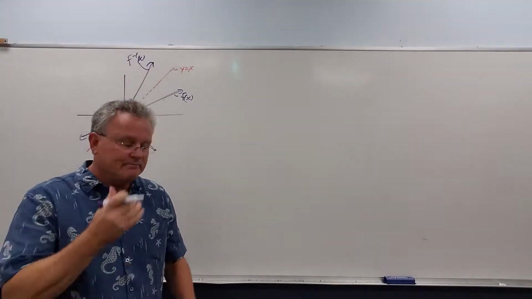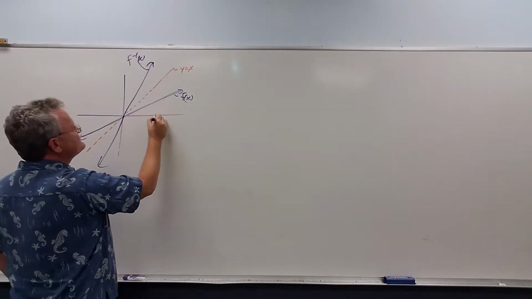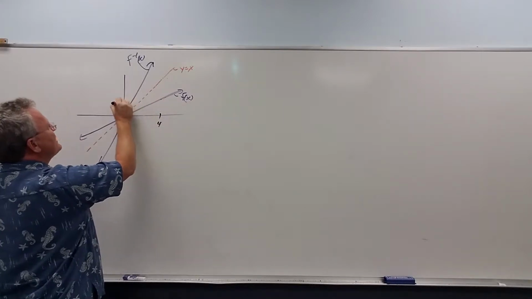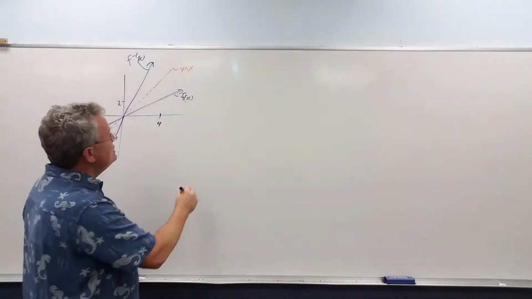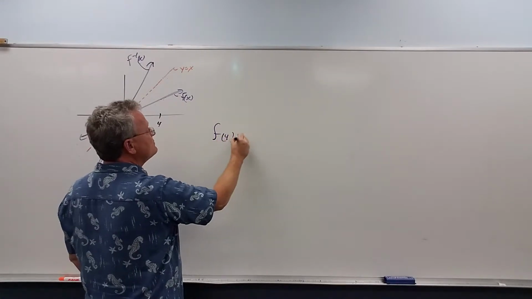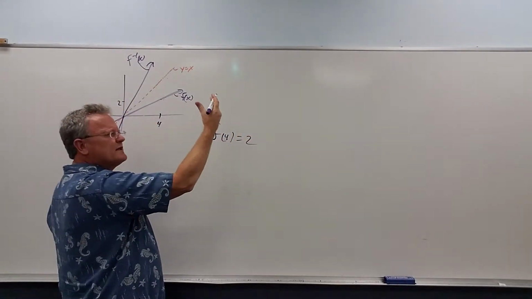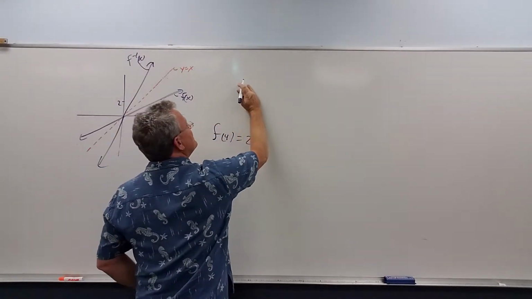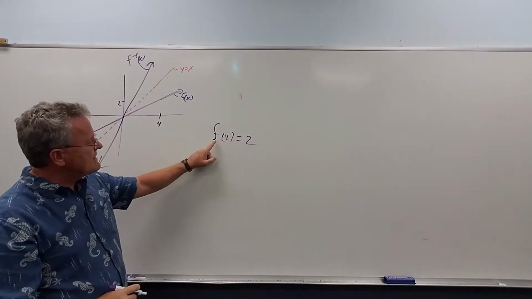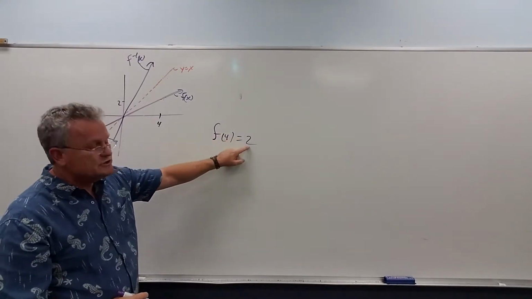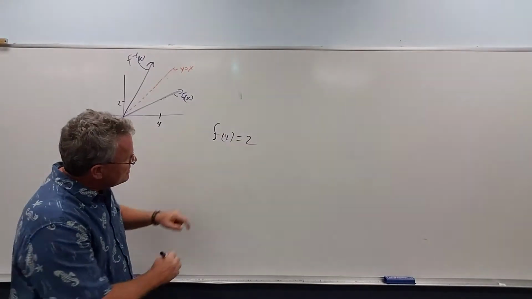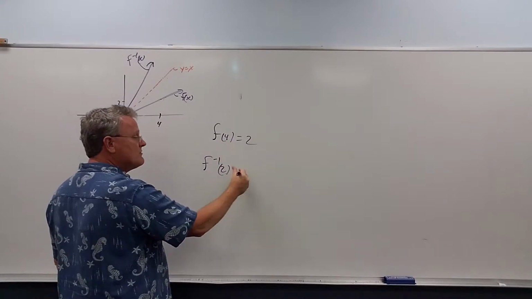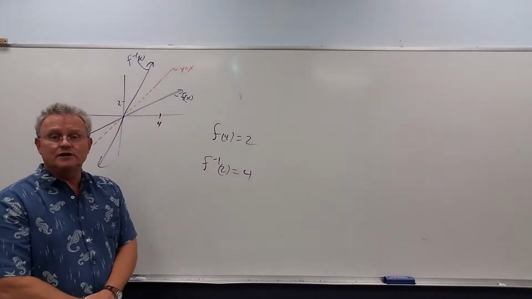Why does it work that way? Well, notice, let's say this is the point where x is 4, and when I plug it in, I get a y value of 2. Okay? So in other words, f of 4 equals 2. But remember with inverse functions that we talked about in the last video, when I plug my x value into my function, what comes out is the y value. When I plug that y value into the inverse, what comes out is the x value that I started with,